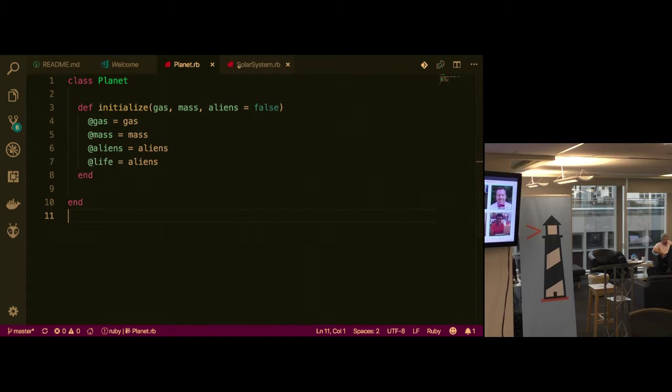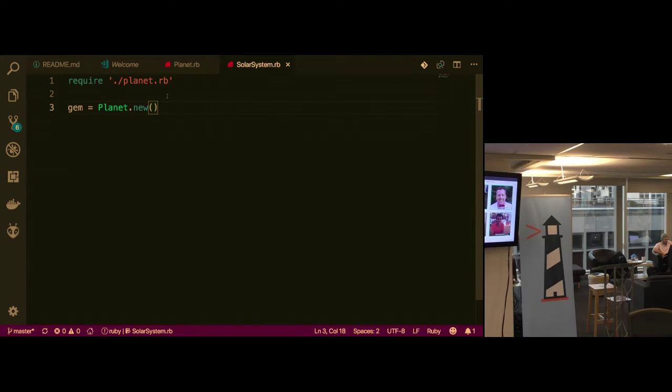It needs gas, mass, and aliens. So what do we pass in for gas and mass? Gas. What should we pass in for mass? Heavy. Wait, is it a string or a number? Let's make it a number, and it's just an arbitrary number.